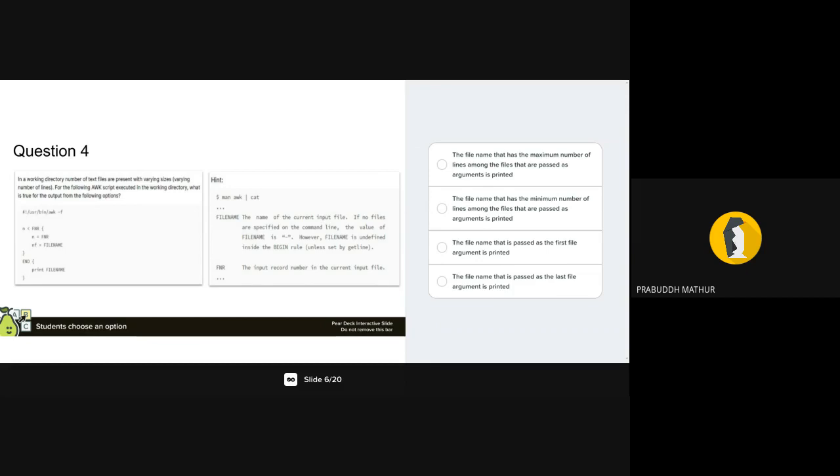See, in the first round it will just initialize itself, N equals FNR. So would it be 0? Yes, it will initialize as 0 at the start.